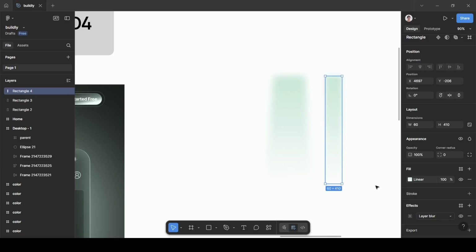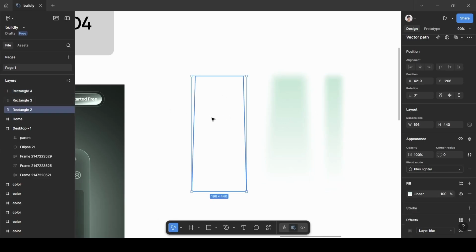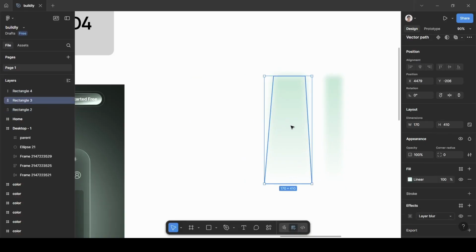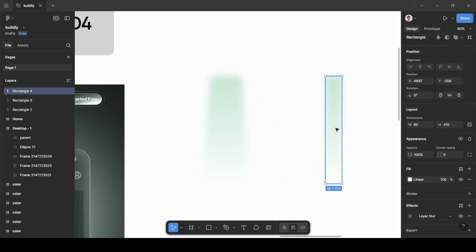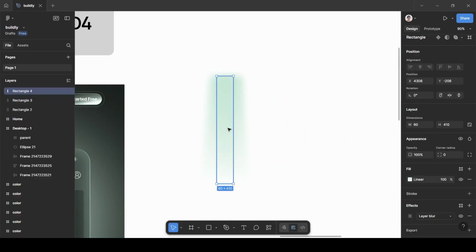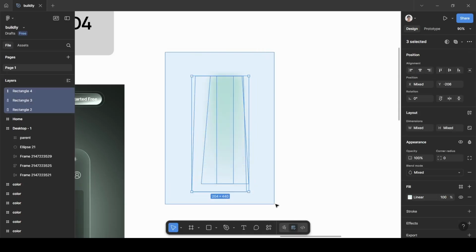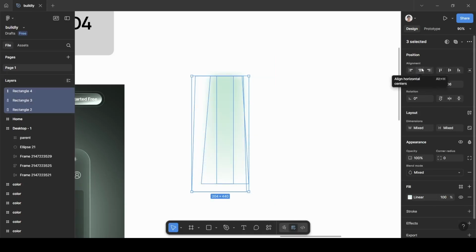Okay, then we need to place all of these rectangles on top of each other. This will be in the bottom, this will come on the top. The third rectangle will come on top of all the rectangles, all two of them. Then we can select all of them like that, and we can align them horizontally by